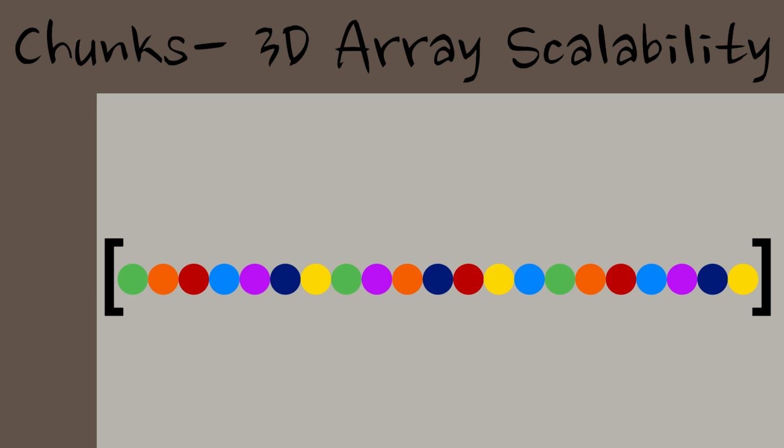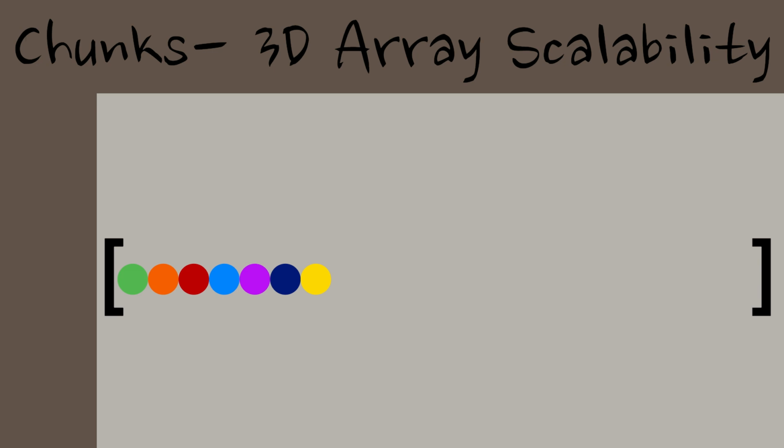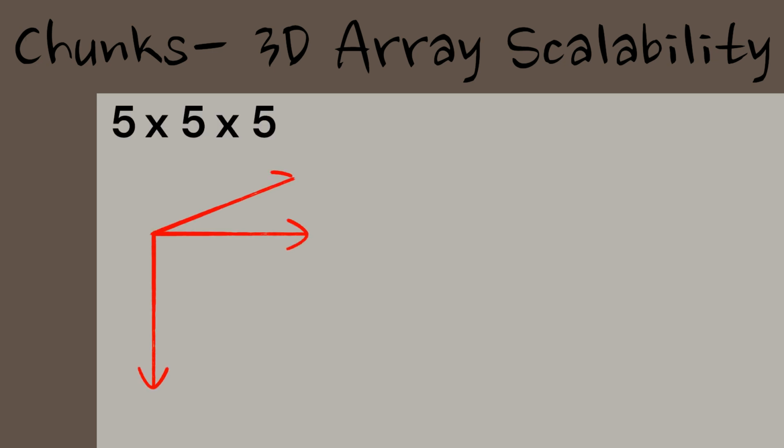With any sufficiently large amount of chunks, the amount of data that needs to get shifted over would end up becoming too much to feasibly process in real time. So if we have a 5x5x5 grid, that would be 125 chunks that we'd have to shift over every time we move over a chunk. The amount of computational demand that we would need would increase by a cube every single time we want to